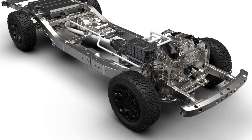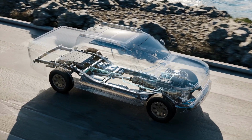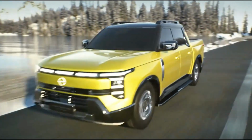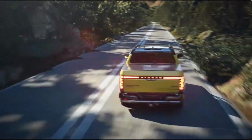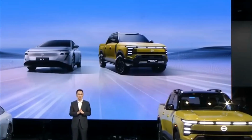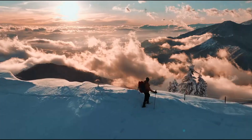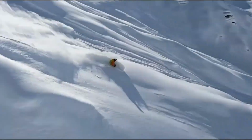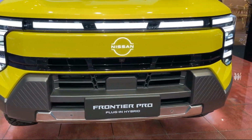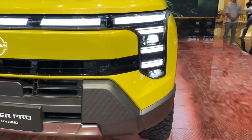The electronic locking rear differential remains a key feature, providing maximum traction when you need it most, while hill descent control helps maintain a safe, controlled speed on steep declines. New for 2026 is an expanded suite of terrain modes that now include specific calibrations for deep snow and loose rock conditions. The Pro 4X also benefits from underbody skid plates that protect vital components when venturing off the beaten